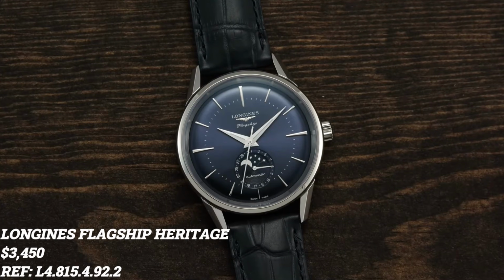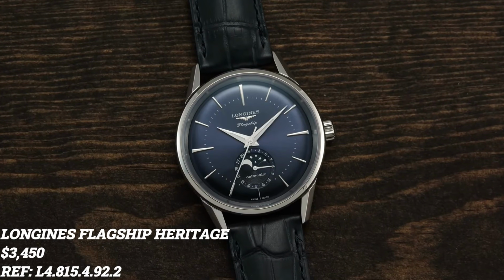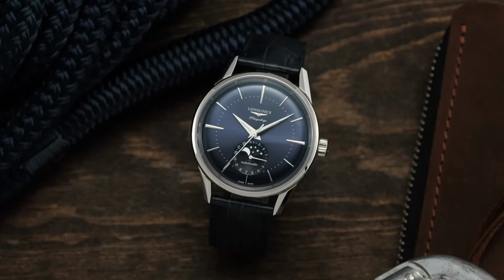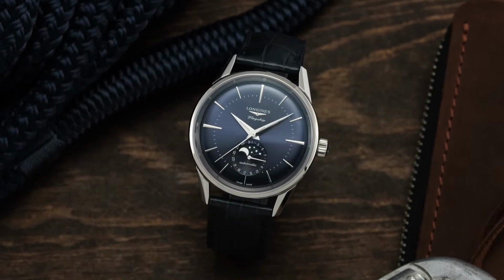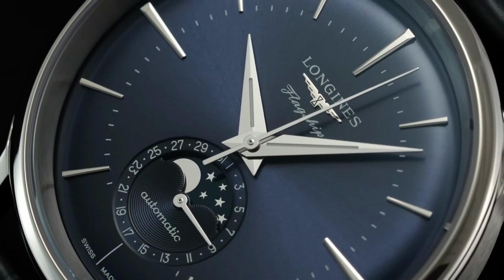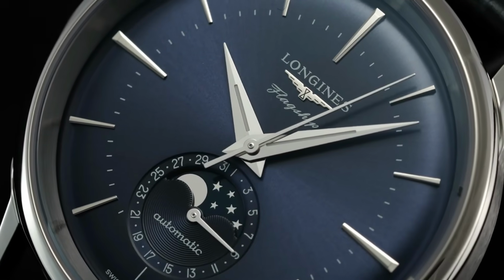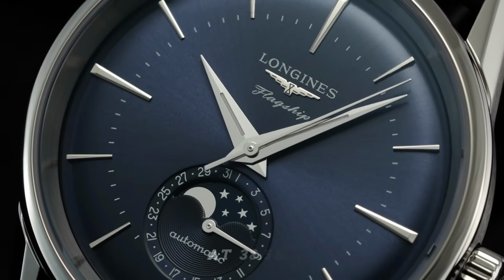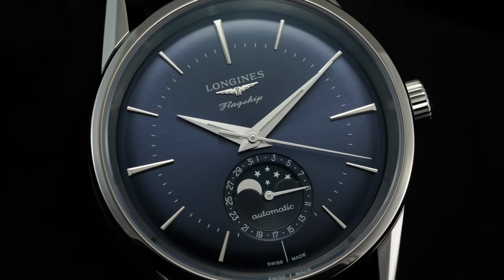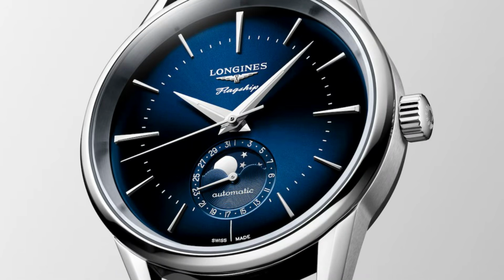The Longines flagship Heritage, $3,450. If you're buying your first luxury watch, here's something nobody tells you. Most people go too sporty, too fast. The flagship Heritage slows the whole thing down. At 38.5mm, with that warm blue dial, applied indices, and old money elegance, this thing wears like a handwritten letter